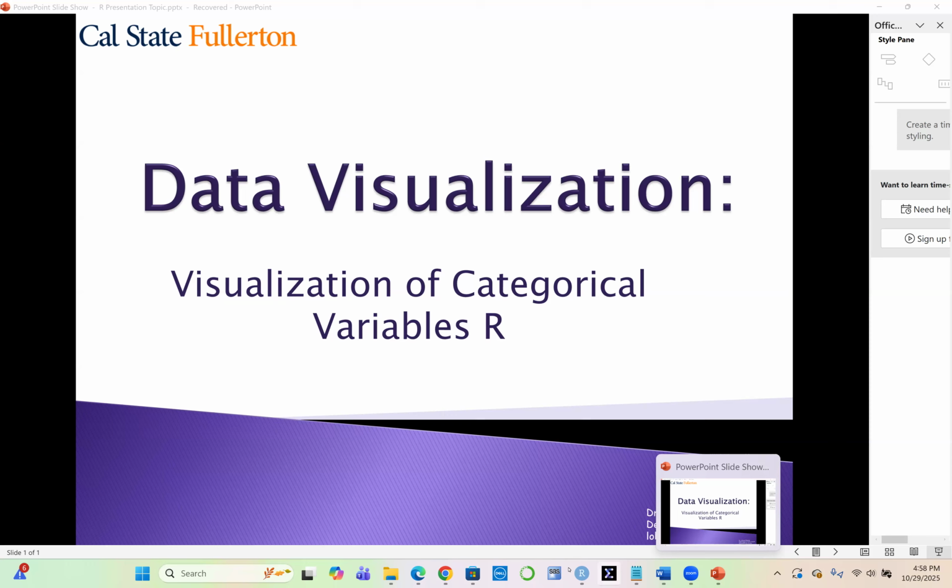Okay, so now let us look again at the visualization of categorical variables. That's when you have more than one categorical variable. So let's start with particularly two categorical variables, okay? The two categorical variables. So with that,